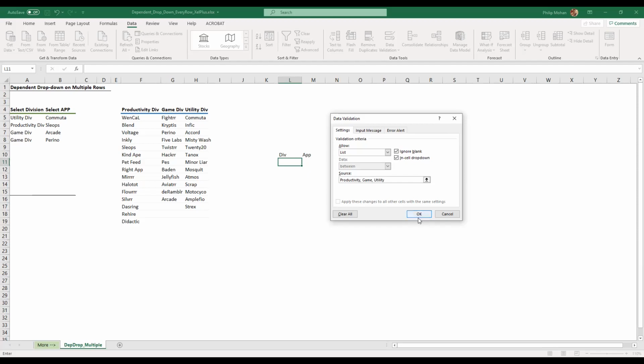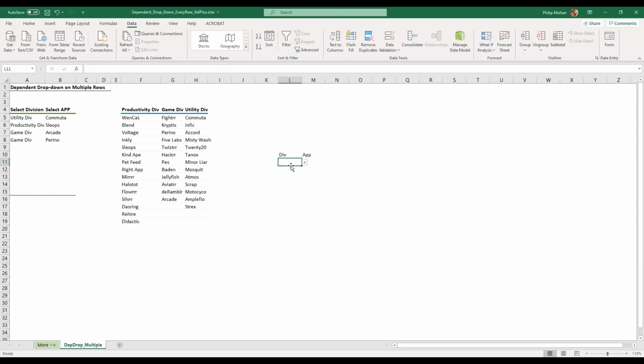And if I say okay here, what's going to happen is this then has the option for me to select any of them. Okay. And I can just, I think, copy it down. Let me see what happened. I'm not sure. Yeah, okay. I copied down, the same formula goes down. So I get the same thing.